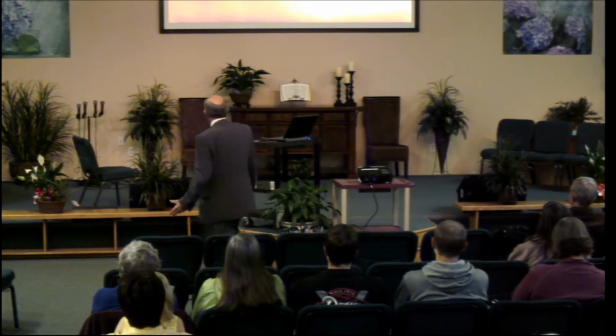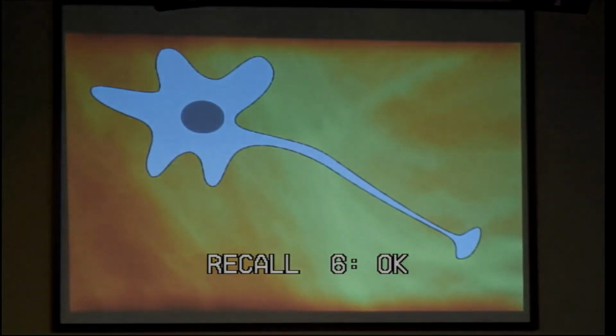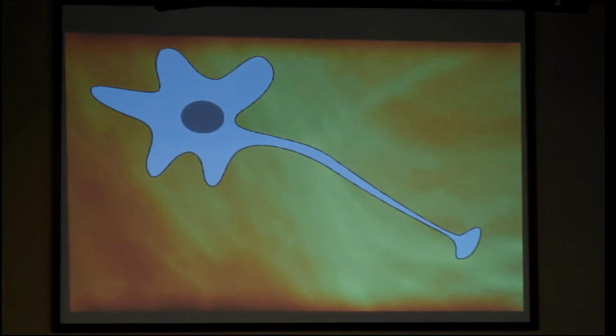You kind of know about that, don't you? That's a long nerve, see? But the head of that nerve is in some spot, somewhere up there in the base of the brain. And we call this long thing, don't worry about these words, this is an axon, this long thing, where the message travels. That's the axon, if you will, and we're going to take a little bit of an understanding of what happens kind of right there. And down here at the end is where the message finally, that's the other end of the dormitory. And the dean in this case